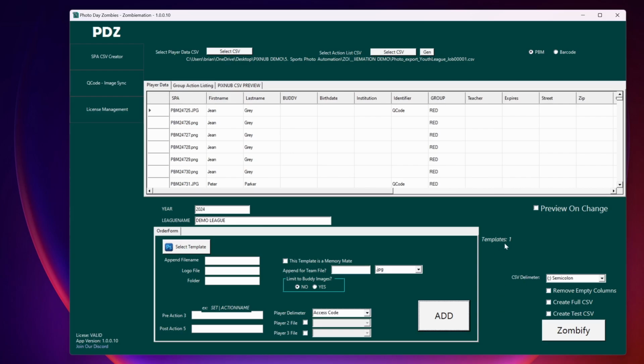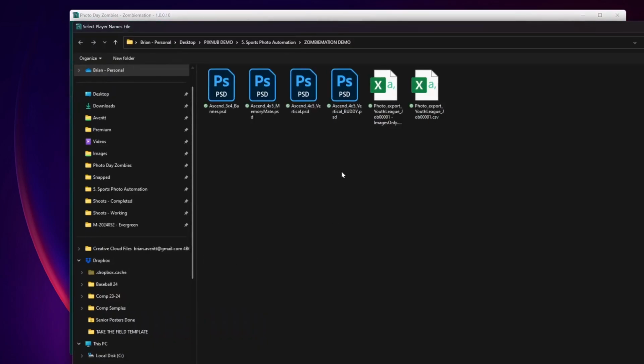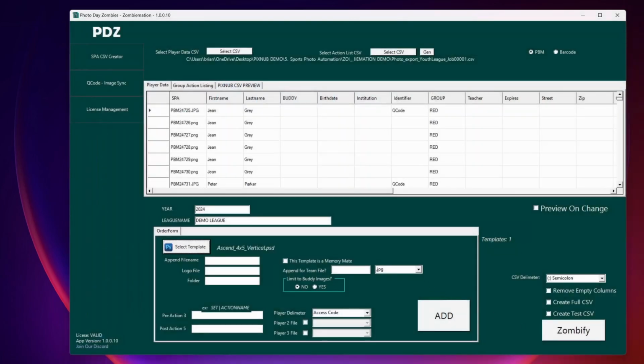So now you see we've added one template. Let's go ahead and add another one. I want to create the same 4-5 image using that same template, only I do not want to have the text on it. So I'm going to name this one 45NT,